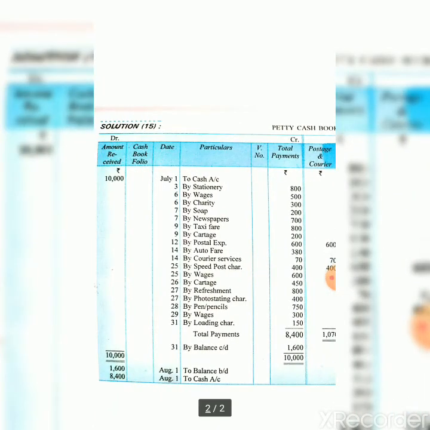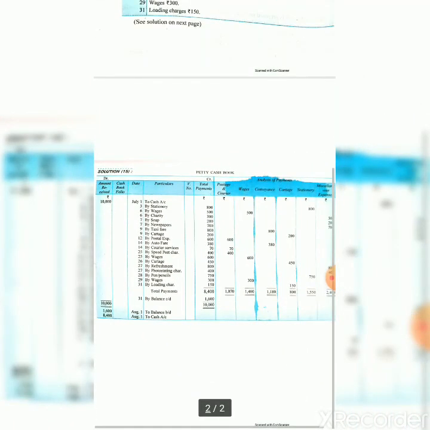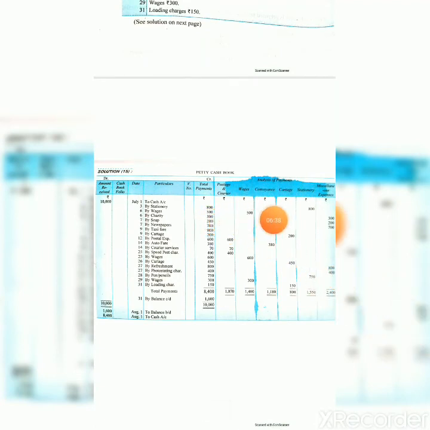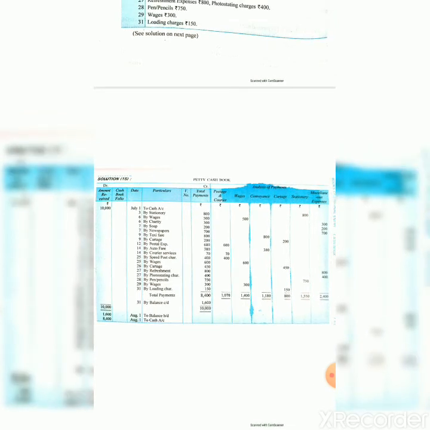Nothing complex in that, only the format you have to remember. Where to put these voucher number, cash book folio columns, and you can make as many columns as you want for postage, courier, wages, conveyance, whatever we see. If it is creating a head like postage and courier, it's coming several times, wages coming several times, so we make it under a separate head. But soap coming once, so for soap we will not make any separate column. So under miscellaneous expense we will throw all. Even different students can do different kinds of heads, and there is no problem if one head is less or one head is more.